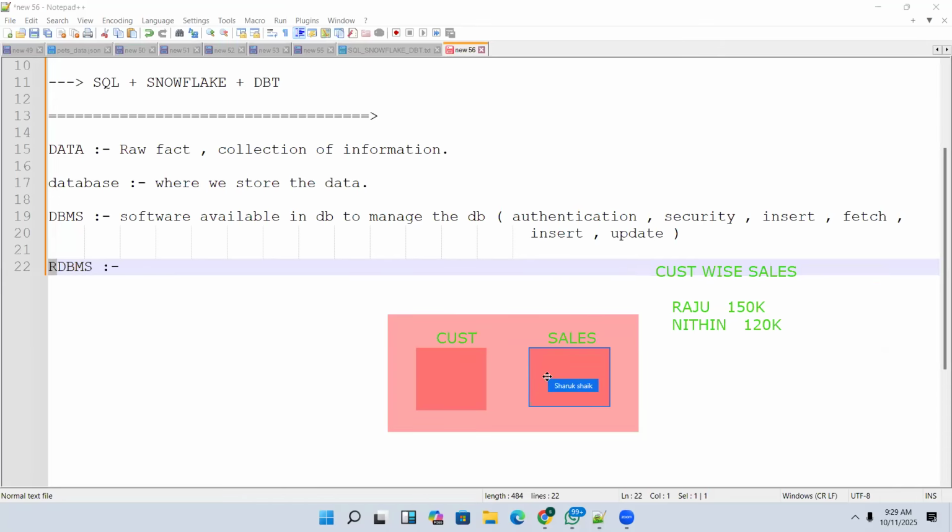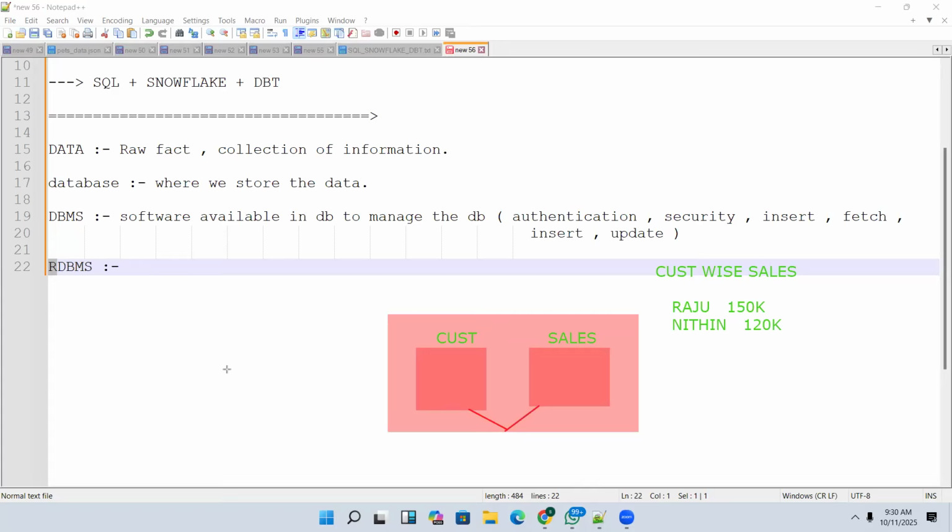Sales details are available in another table. How can he make this report? To answer this question, whatever data they store in the databases, they will create some relationship between these two tables. People who know SQL know that there are primary key and foreign key relationships. Between tables, they create relationships, and through these relationships they can answer this type of question.